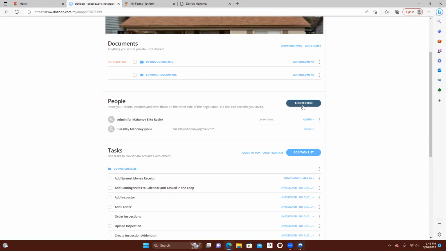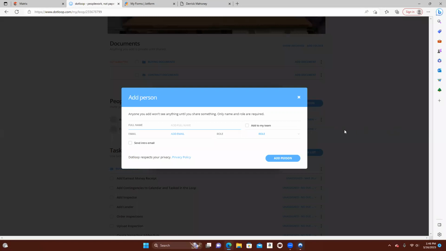You can add your team for this transaction. So this is me, this is my transaction. I have the admin here that's in the transaction. So that means that my admin can see that I've started a transaction. My admin is there to support me through this transaction and or review the transaction after it's done. So if I want to add someone,